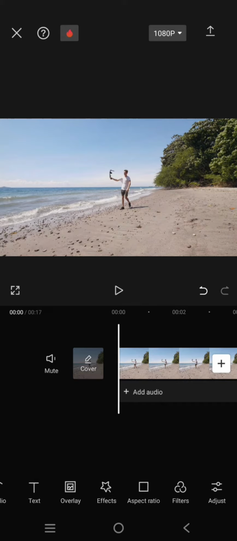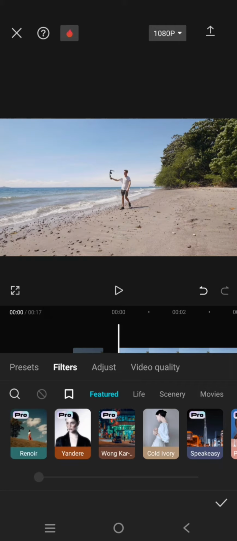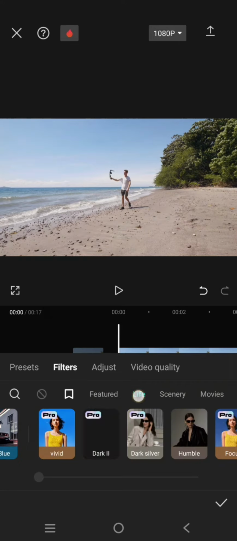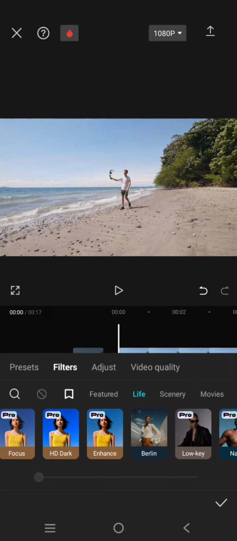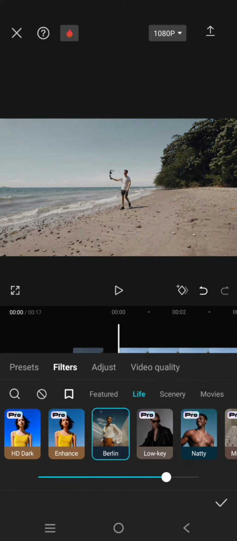On today's tutorial, I'm going to show you how you can instantly get a cinematic video by only using a CapCut filter. So here I'm going to show you the filter that I usually use for a cinematic video. So here I'm going to go to filter. The first one is under the live category. So if you want a moody cinematic video, you can use this Berlin